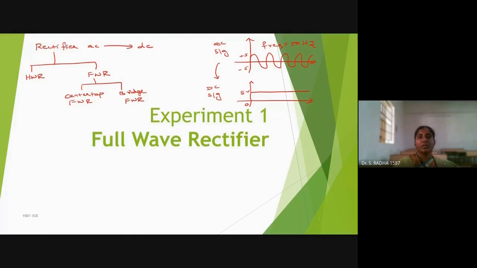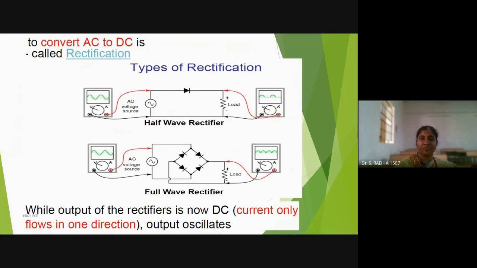So this is the DC signal. This should be the output in the rectifiers. This is the input we are giving. But you see here it is a constant 5 volts. We are telling rectifier will convert AC signal to DC signal. So the output should be a constant waveform like this.